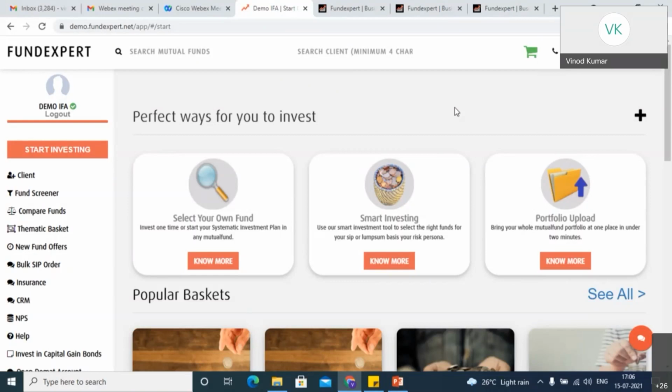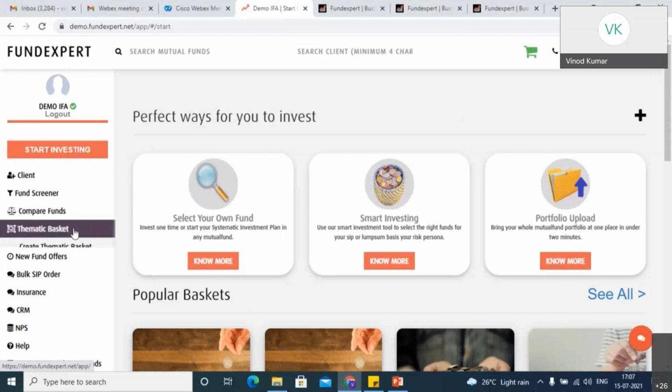Okay. So before that, yesterday we had some 2-3 features that were pending, which were not shown to you. Let me cover that first before going to the admin panel. Yesterday I was telling you there is an option for advisors. As advisors, you can create thematic baskets. So you can create different types of baskets which will be shown to the client in the investment page, right? How to do that? I'll just show you now.